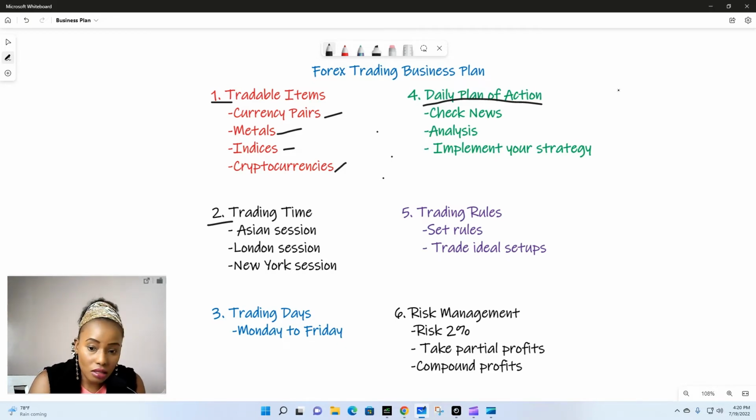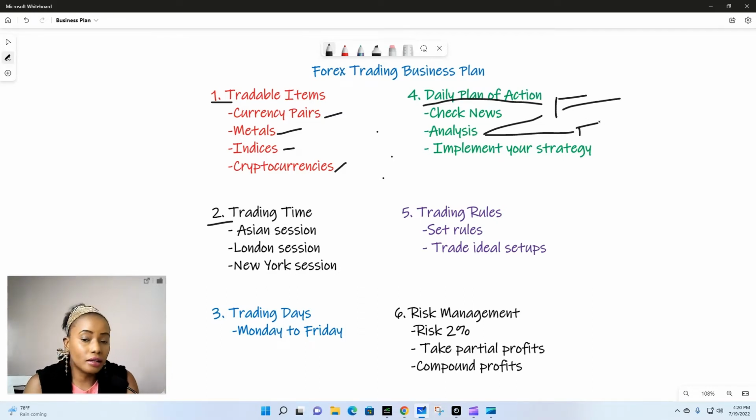Secondly, review your charts. Do technical analysis on your tradable items of choice before you start your trading session. When it comes to analysis, you have fundamental analysis and technical analysis. They work hand in hand. Do your top-to-bottom analysis from a higher time frame. Look at the 4-hour time frame chart and see what is happening there. Zero down to the 1-hour time frame and see what is happening there. Then, if you find your point of interest, go to the 15-minute chart and see where your entry should be.